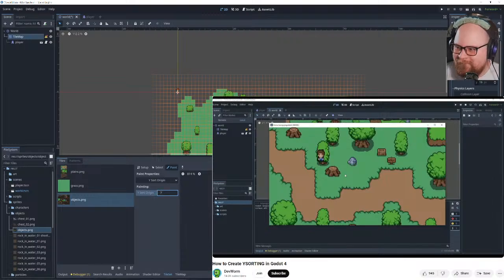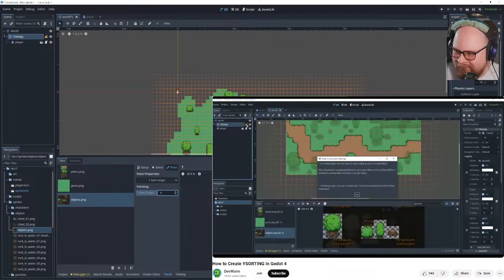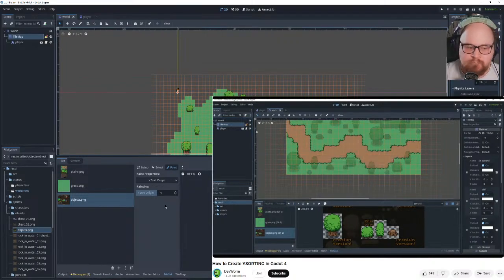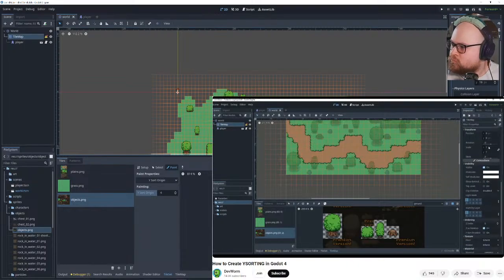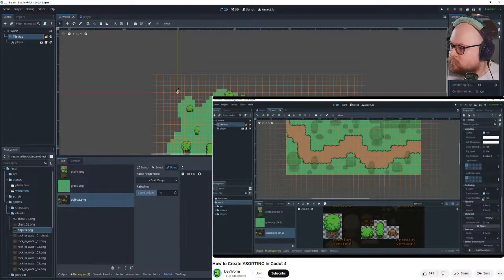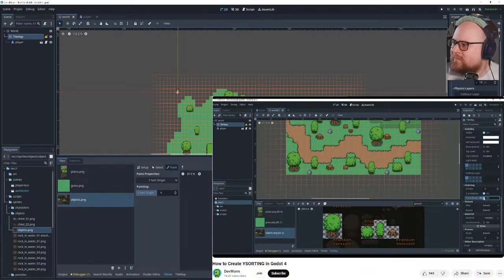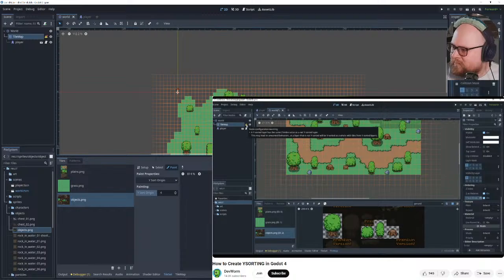So now let's figure out why it doesn't work. As you can see, we have a little node warning, which is basically saying that the tile map layer is set to Y sort, which is our layer 3 that we set to Y sort, but the tile map itself is not set to Y sort. So if we go to our tile map, somewhere in here there should be a Y sort. It's probably going to be down here a little bit in ordering. Y sort enabled. If we turn Y sort enabled on for the tile map,